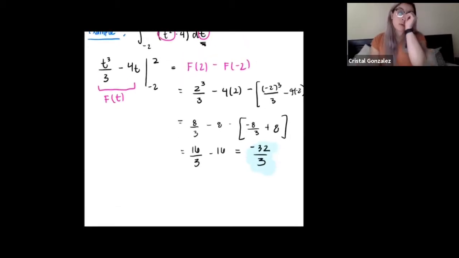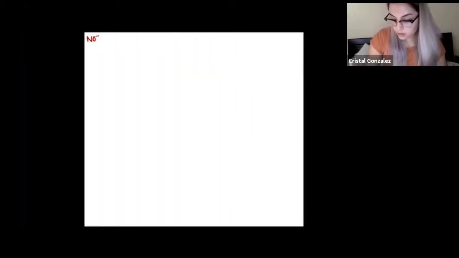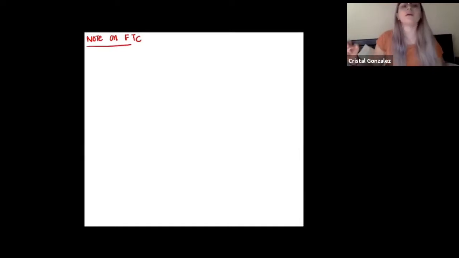And so this is basically it for the fundamental theorem of calculus. I'm not going to do more examples of this because we've been doing it. It's just the evaluation theorem over and over again. But I will add a note for the fundamental theorem of calculus. So let's go ahead and do that. A note on, and we just call it FTC for short because nobody wants to write that over and over again. What the fundamental theorem of calculus does is this theorem brings together